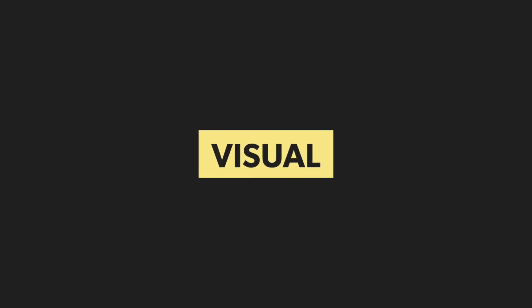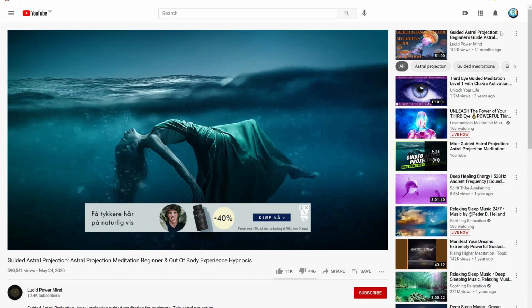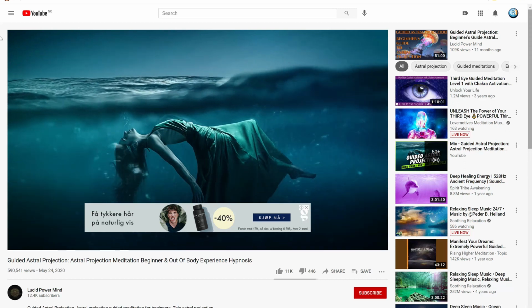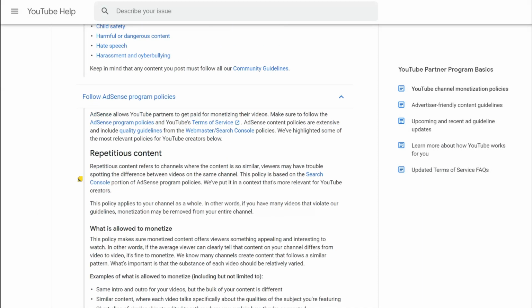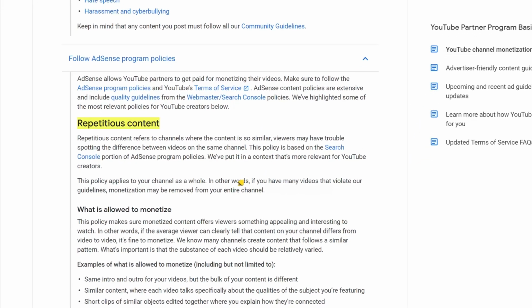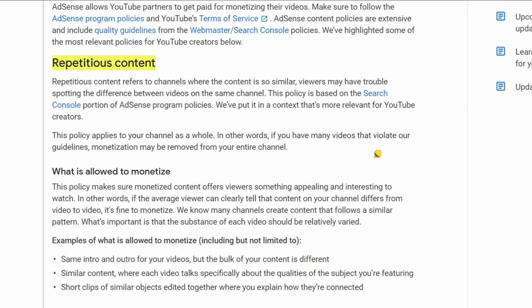Here you must replace the image with a video. For example, in this video, you see a video which is relevant to the topic of the video. The same video is being shown over and over. I don't recommend this approach. This means that you will have repetitive content, which is against YouTube AdSense policies. YouTube has clearly stated that repetitive content will not be monetized, so don't waste your time. Make sure you have a good animated video that keeps changing.